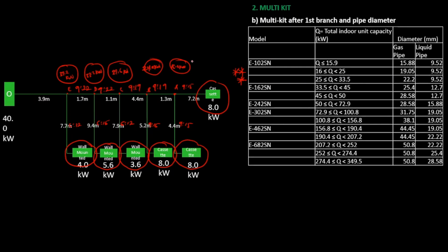So at branch A, the total indoor unit capacity is 16.0 kilowatts, and 16.0 kilowatts falls under this classification. So the right multi-kit is E102SN. At branch B, the total indoor unit capacity is 24.0 kilowatts, and 24.0 kilowatts falls within this classification again. So the right multi-kit is